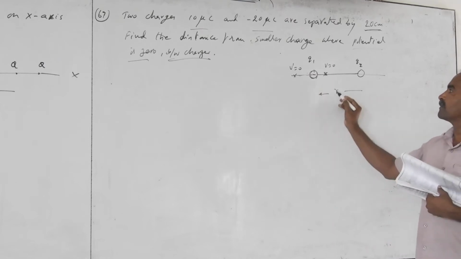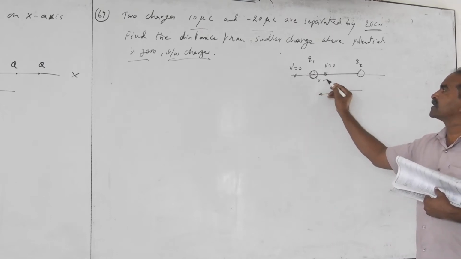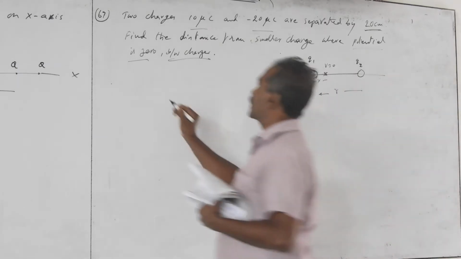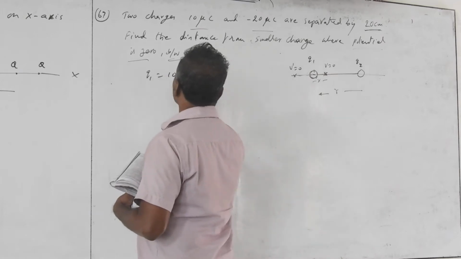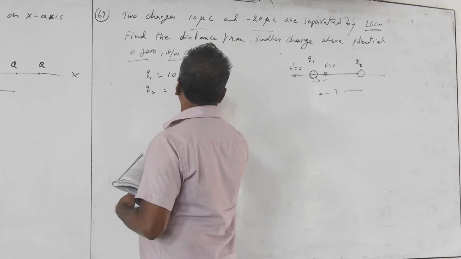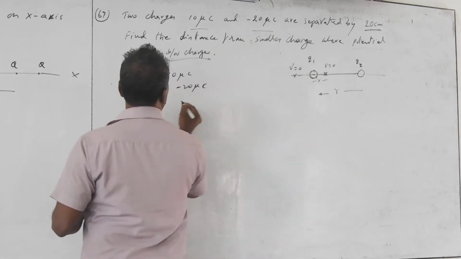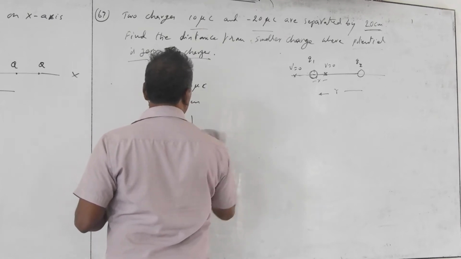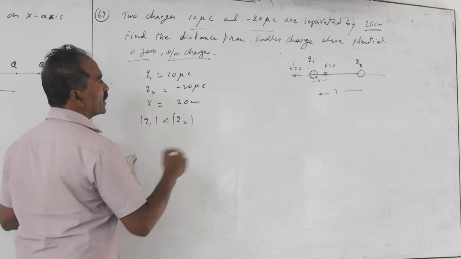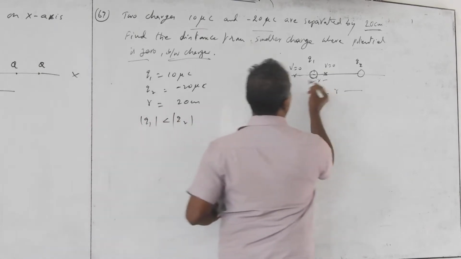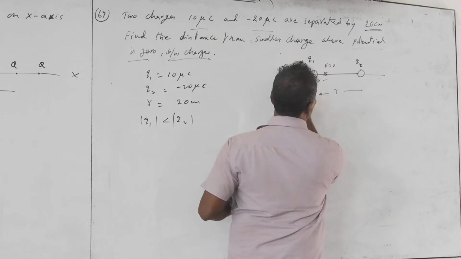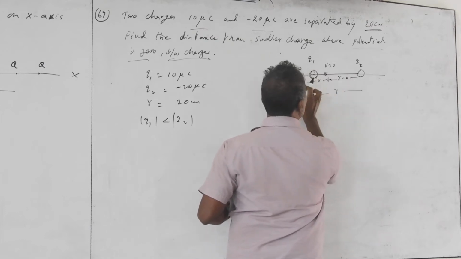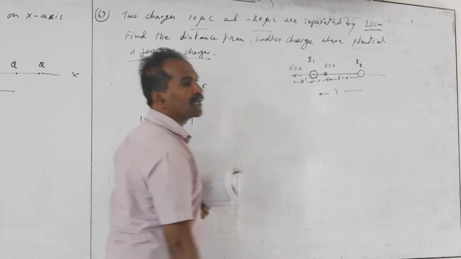So the separation is r. From the smaller charge, x is the distance we take. Always take Q1 for the smaller charge, by magnitude only. So we take Q1 as 10 microcoulombs and Q2 as minus 20 microcoulombs. The separation is 20 centimeters. Here Q1 is less than Q2 by magnitude of charge, so this is the smaller one. From Q1 the distance is x, whether inside, or outside you take x prime. The remaining distance becomes r minus x from here to here, or r plus x from the outside points. But the question is for inside, so both will do it.